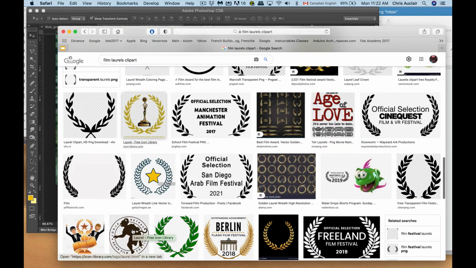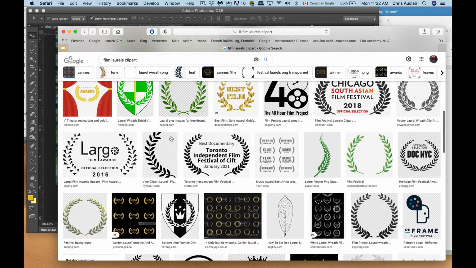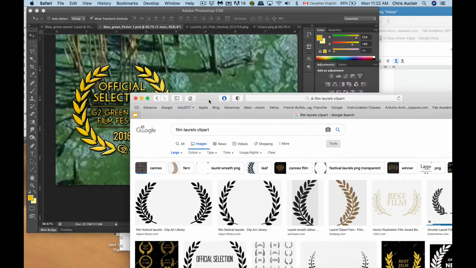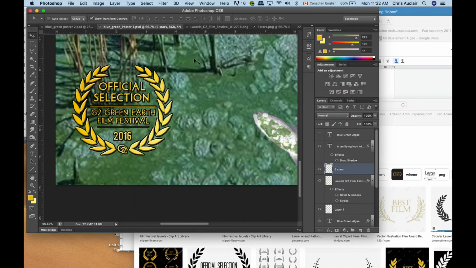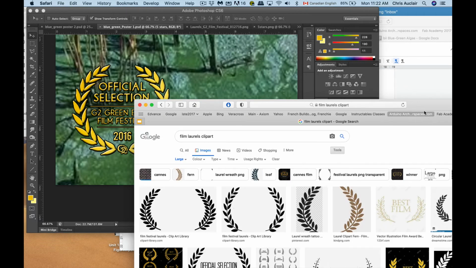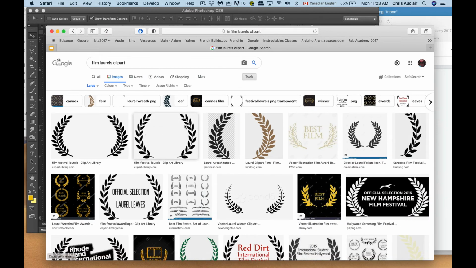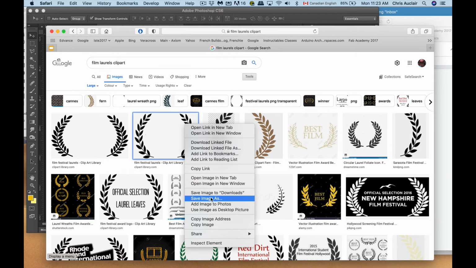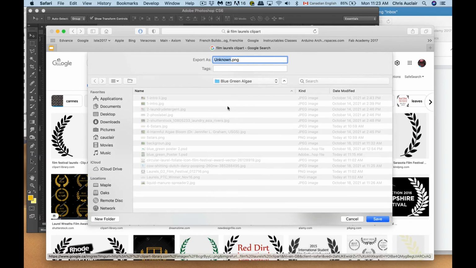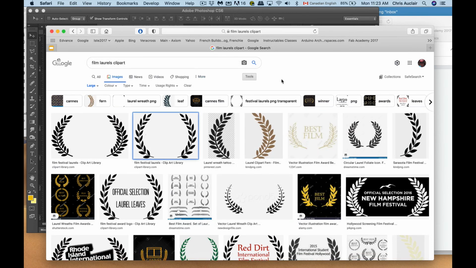Eventually I brought those images into my poster. So if I found something I liked, I right clicked on it and said save image as. I have my blue-green algae poster here. Call it Laurel 2, give it a name that you're going to remember, and I put it in my